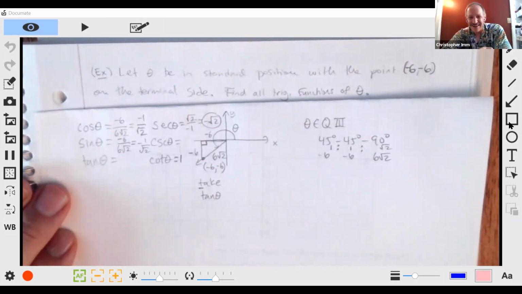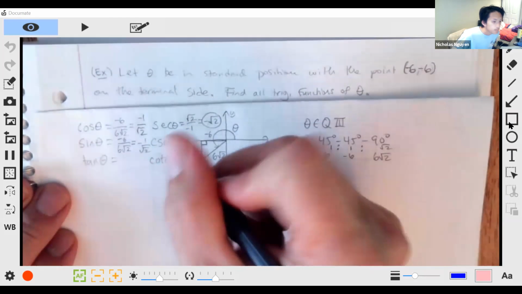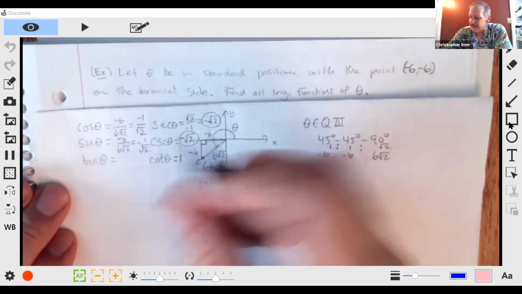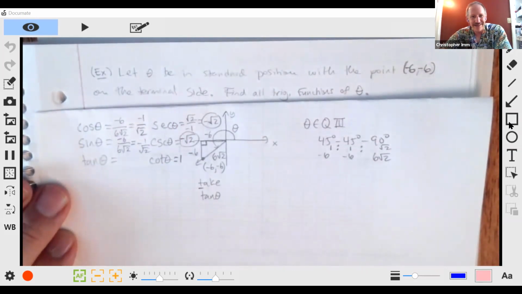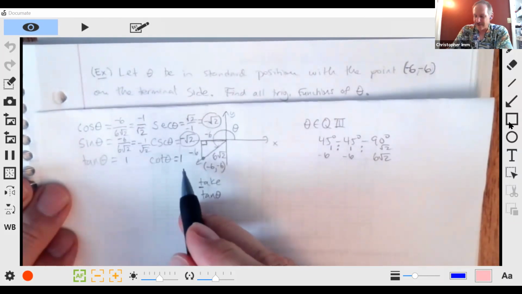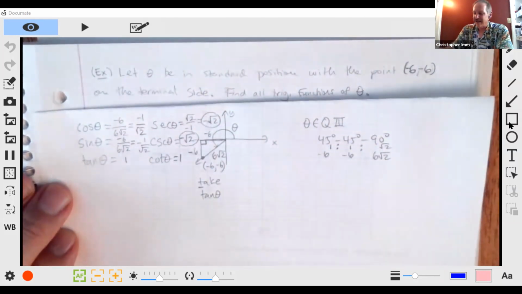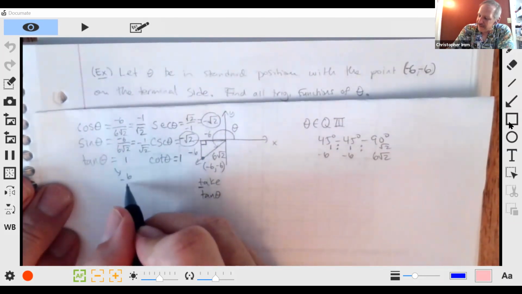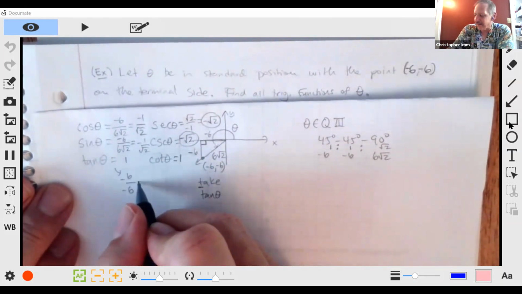Two more. Nice job. Cosecant is negative radical 2. Yep, so we just flip the script there. We take the reciprocal. And finally, tangent. Just 1. Yeah, so that one's going to be the reciprocal of 1. 1 over 1 is 1. So again, tangent is opposite over adjacent, those two are the exact same, so they cancel out and give us the